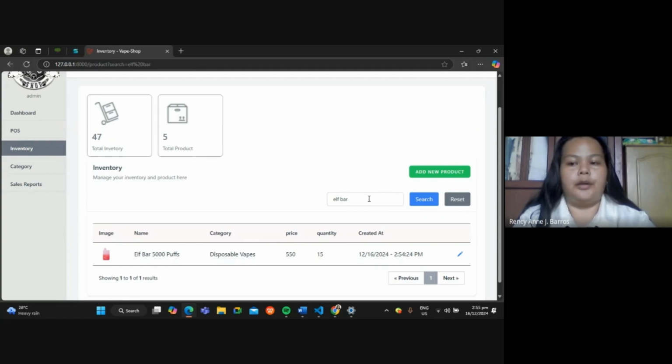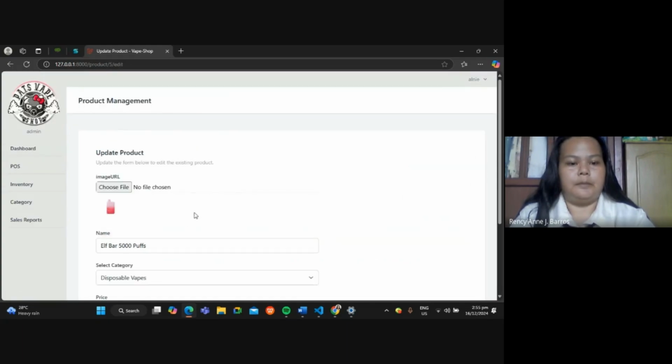To update a product, click the edit icon to access the update form here.